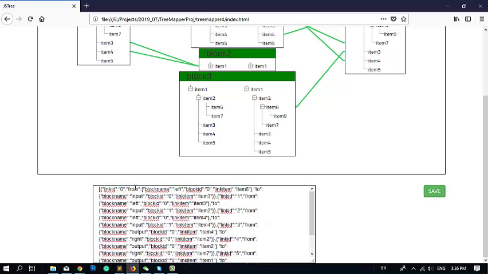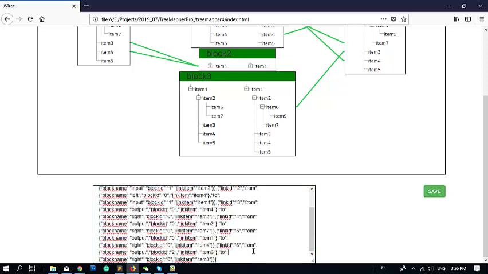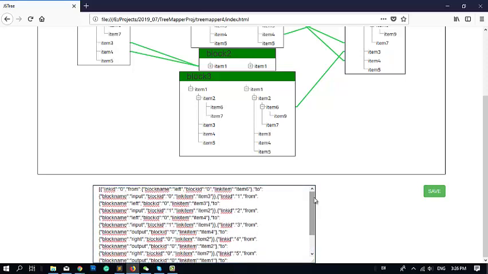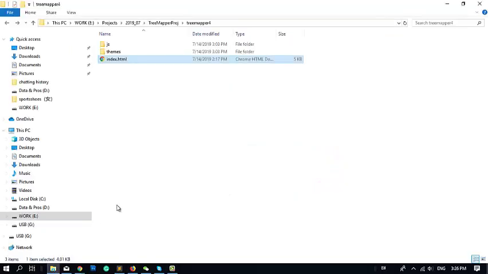See, this is the JSON structure output. So you can use this JSON data for whatever application you are building. So I think this works fine on both browsers. For now, let's see the code structure